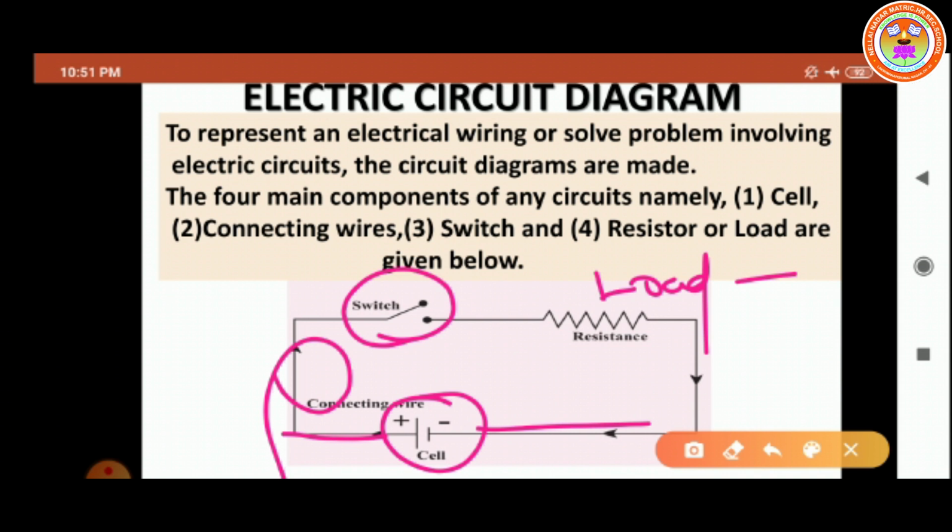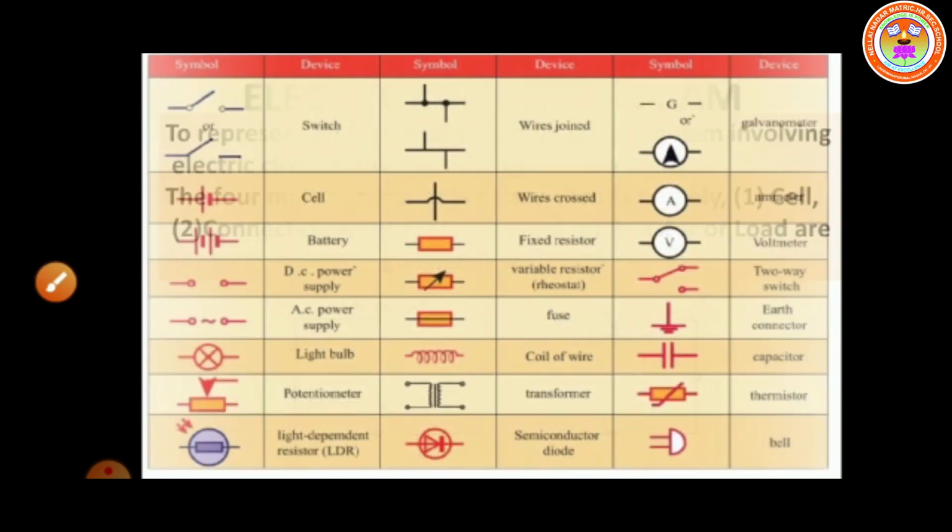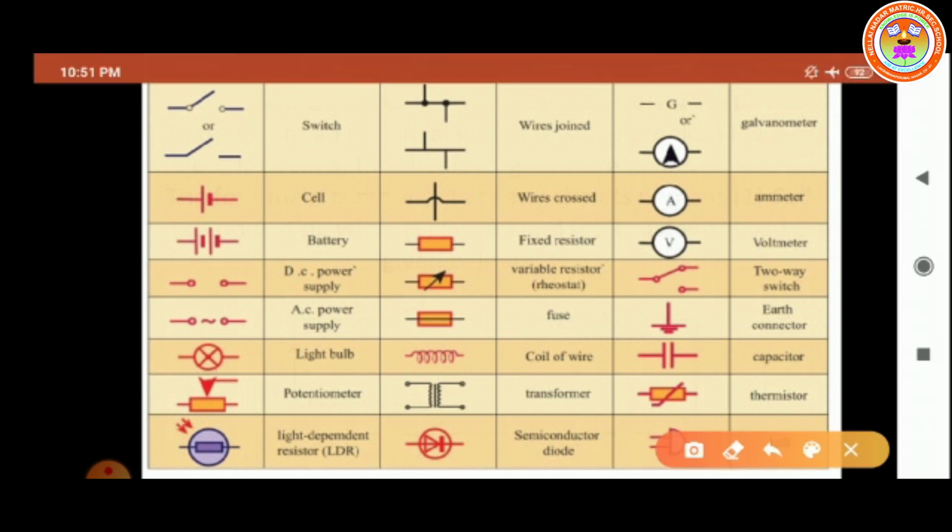Not only are we using the four electrical components, we are able to use many electrical components also. Common symbols in electrical circuits are given. They are useful for electrical circuit diagrams. So see the tabular column also. The first one given is the switch. You already know the switch, which is studied in the 7th and 8th standard. Otherwise we call the switch a key, or K.